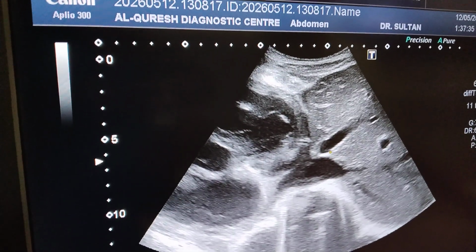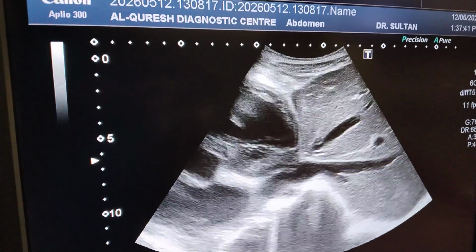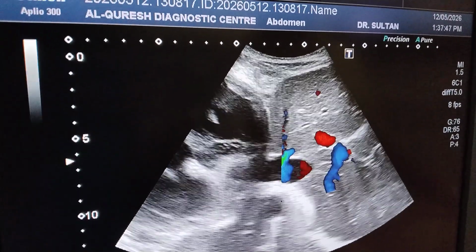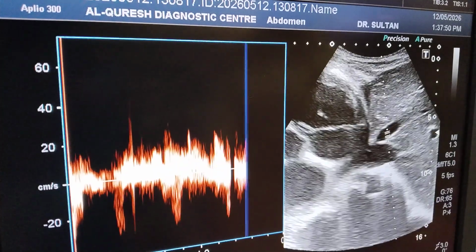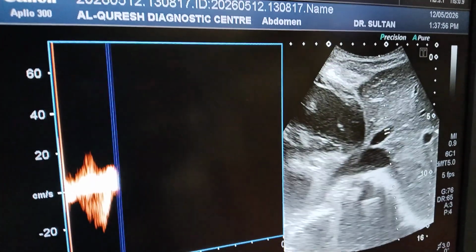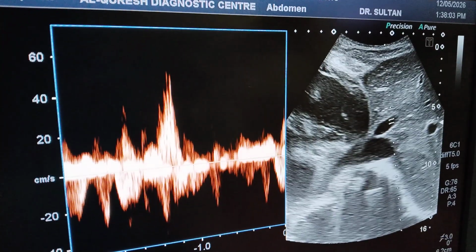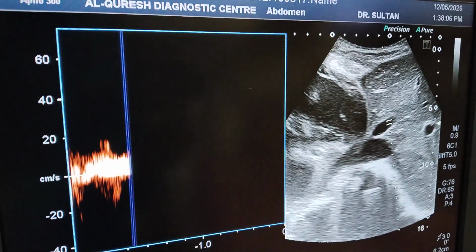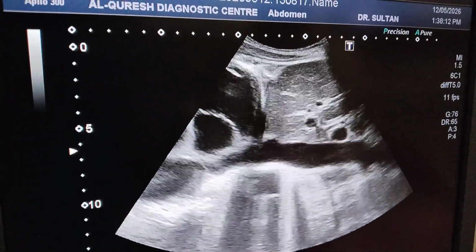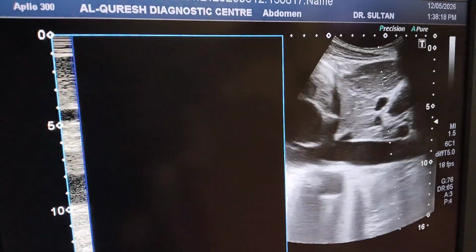If we closely observe, we can appreciate that hepatic veins are dilated, and if we appreciate the velocity, the peak velocity is more than 40 centimeter per second, which is higher than normal. And if we observe the IVC on M mode,